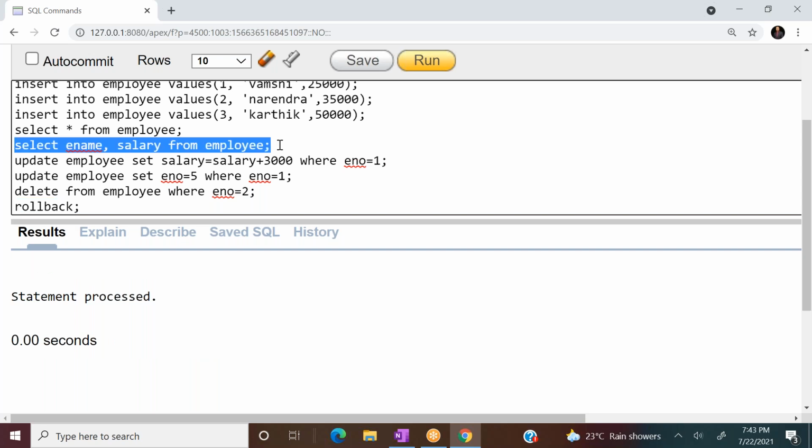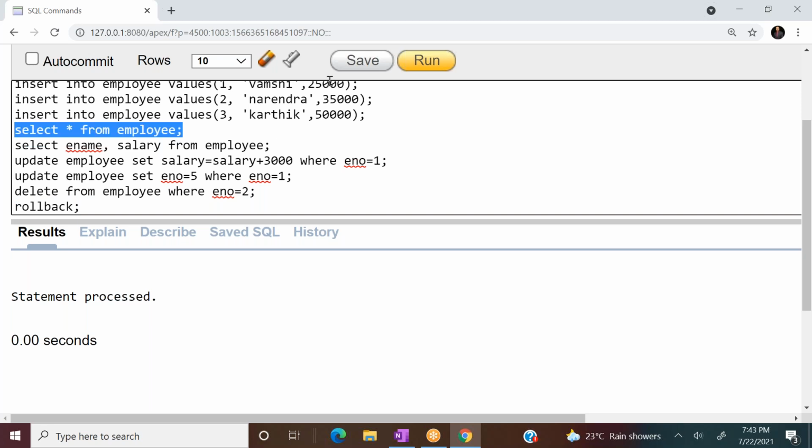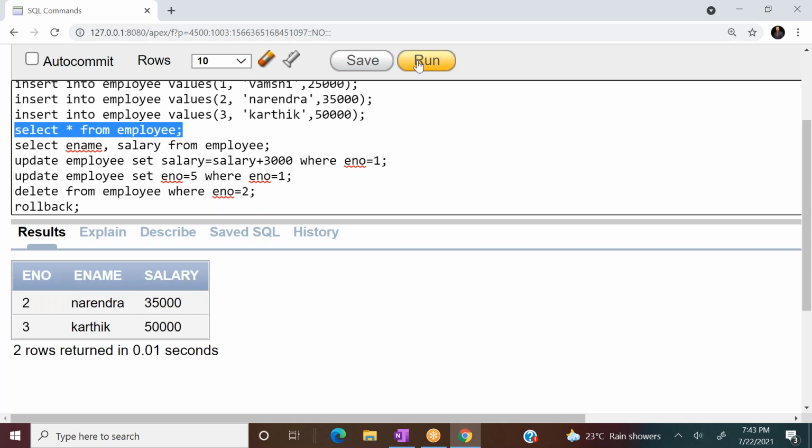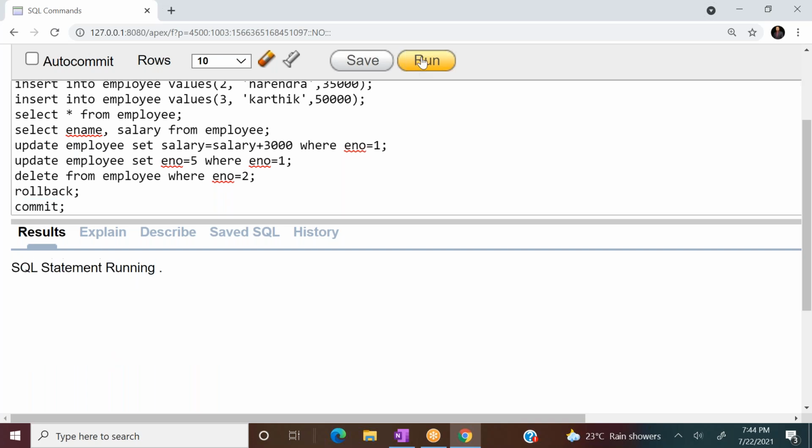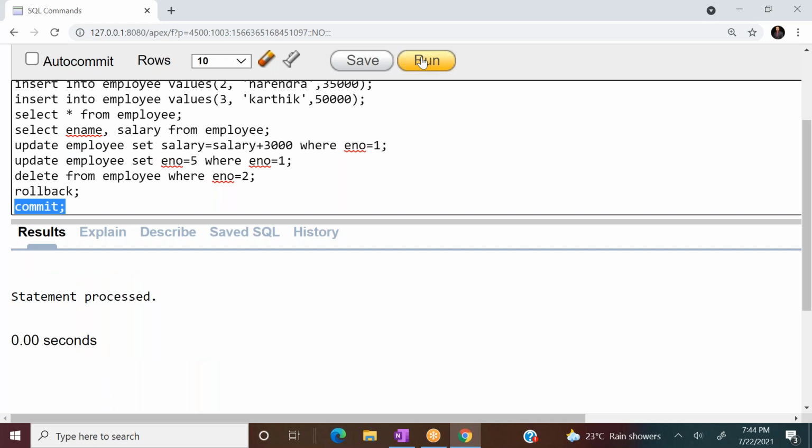There is nothing to roll back because 2 Narendra is already rolled back. Suppose I want this to be permanent. Then, to manually make it permanent, we have to use a command called commit. Select and execute it. Statement processed means whatever data has been stored is saved.